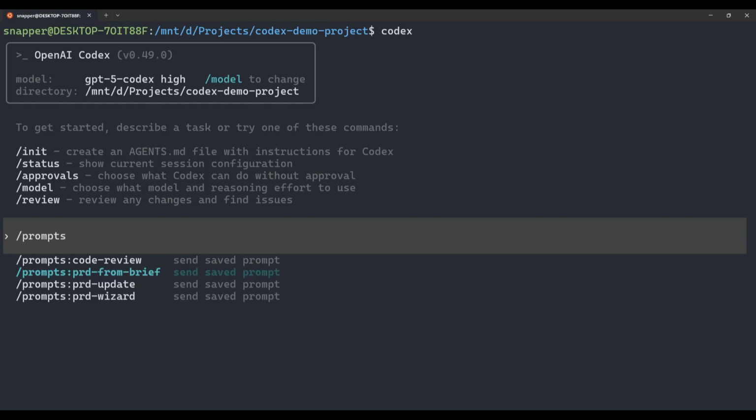Okay, in this video I'm going to show you how you can instantly create PRDs using custom slash commands in Codex CLI. If you first want to learn a bit about custom slash commands and how they work in Codex